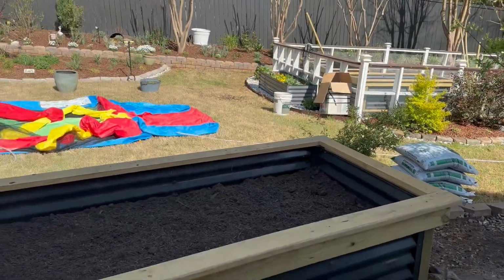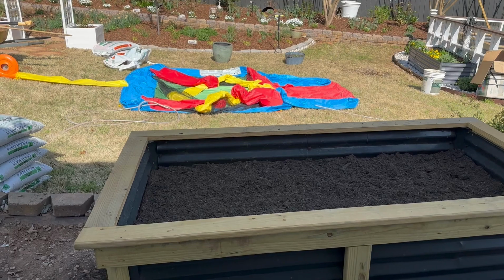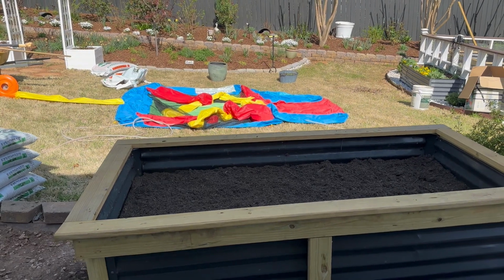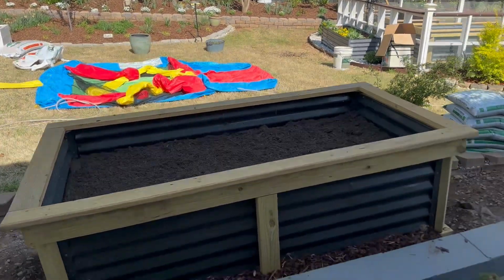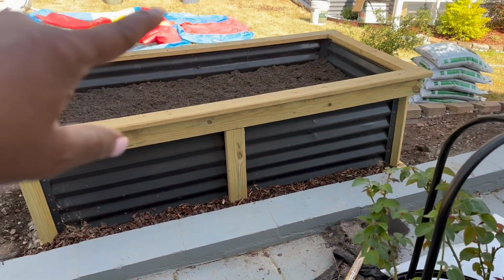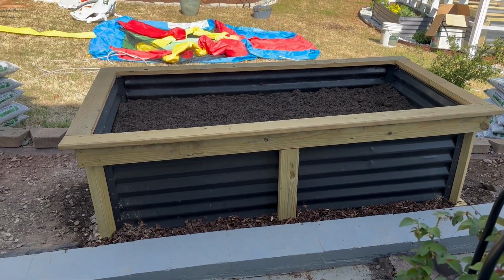And then what we did was we moved the raised bed here. Like I said, this is going to be my cut flower bed. And I think it'll look really nice and add that intimacy and color. But then I'm also going to put this rose in the center of the bed, and then blend with flowers and what have you. So